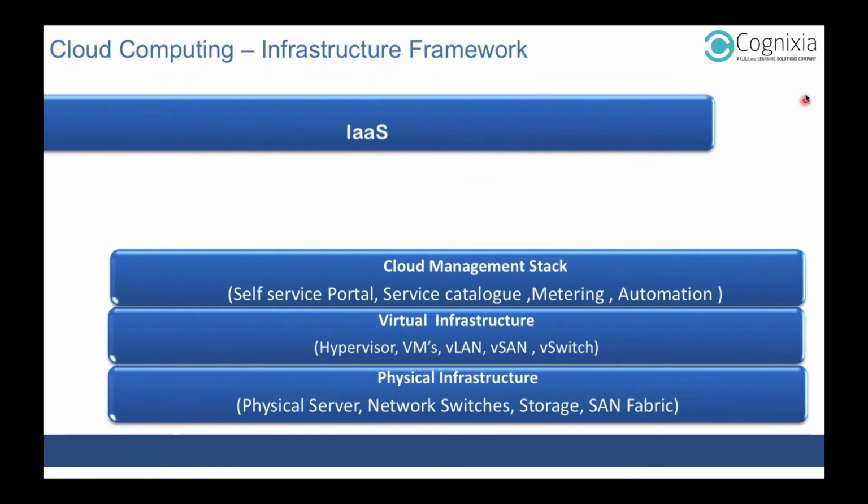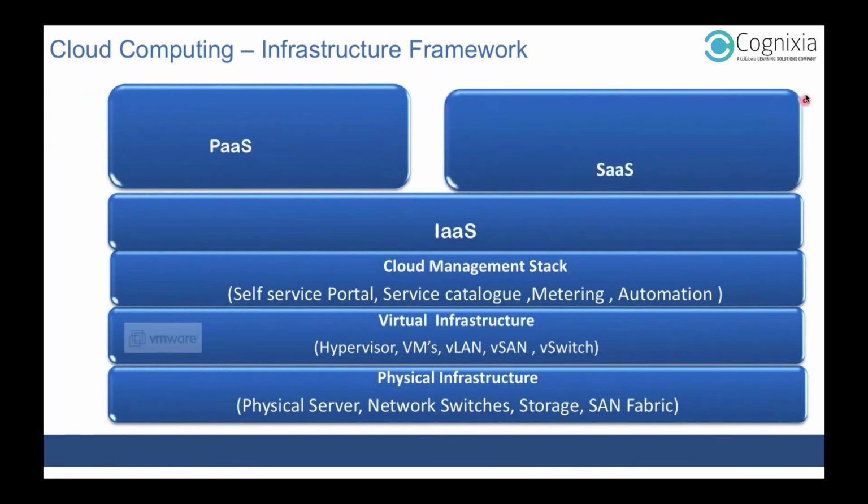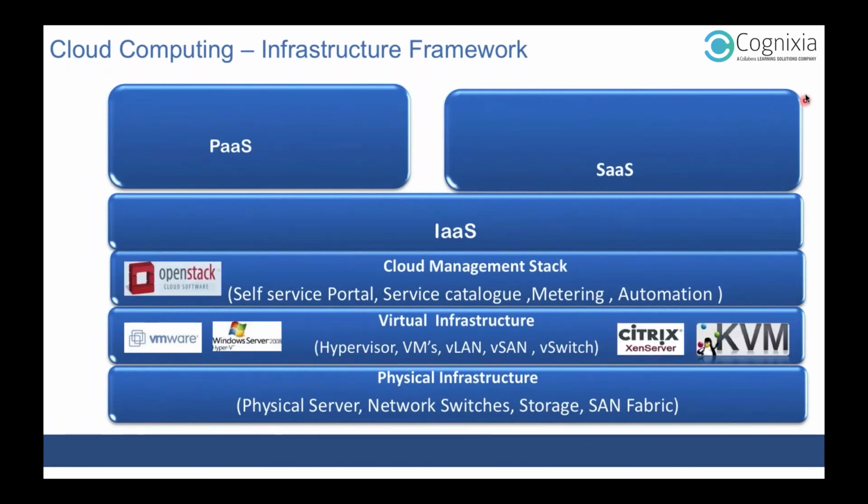So basically, these are the three services today in the cloud. And you can use VMware, Hyper-V, Citrix, or KVM at the hypervisor layer. At the cloud software layer, very popular is OpenStack. It's open source, and you can install it and integrate with VMware. Second option, you have VMware vCloud Director. It's a paid product, now called vRealize. And we have System Center from Microsoft, another commercial cloud software. And we have CloudStack, open source cloud software. We have several options to choose from, but today OpenStack ranks number one in private cloud software